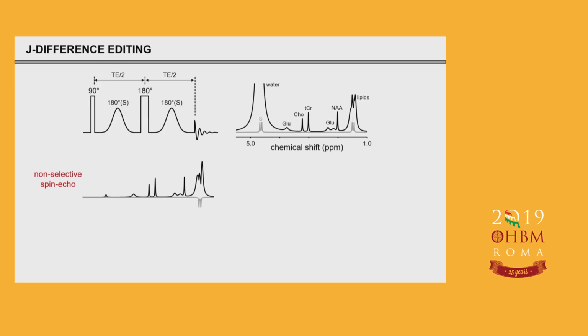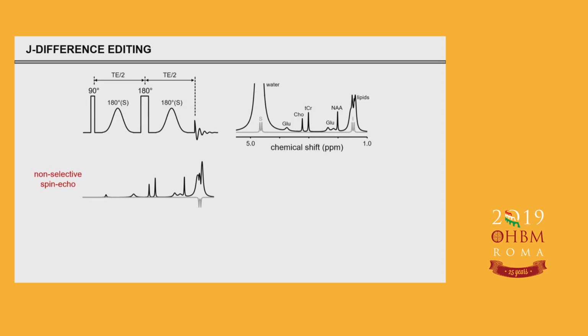First, we do our normal non-selective spin echo. You can see that the spin S has been suppressed by the water suppression, so you cannot see that. More interestingly, the spin I with this echo time is now inverted. All the other molecules which don't have scalar coupling are up and positive. Unfortunately, this is not going to help you because the spin of interest, I, is still overlapping with the other